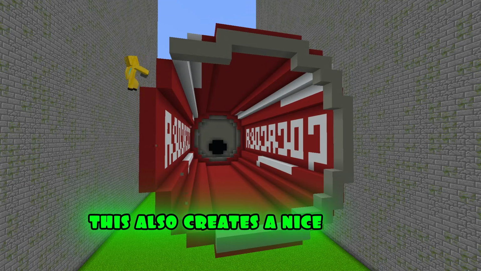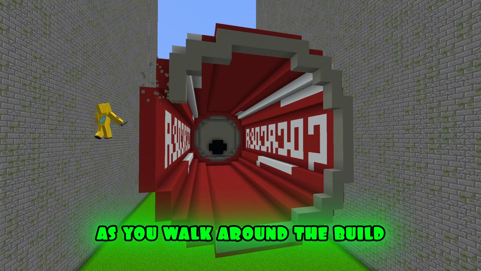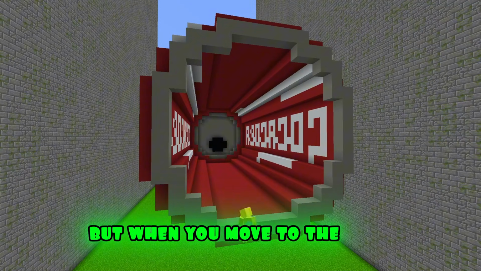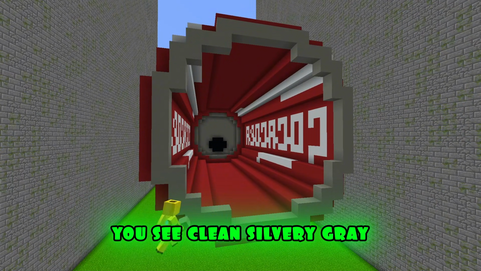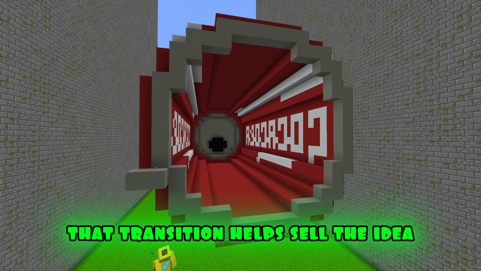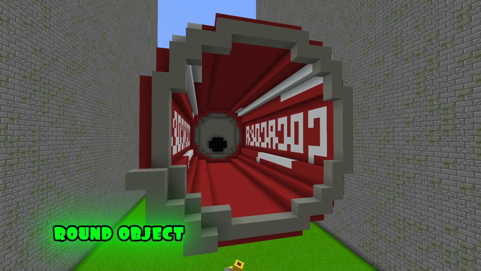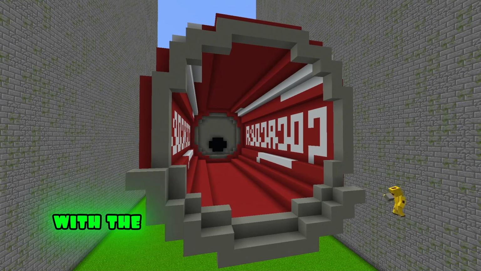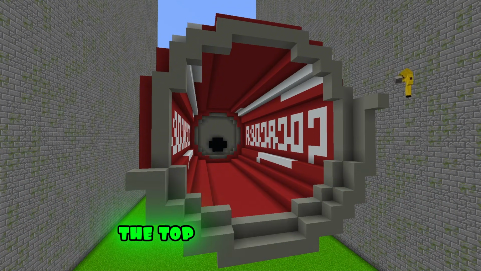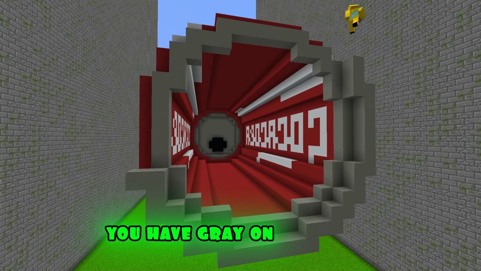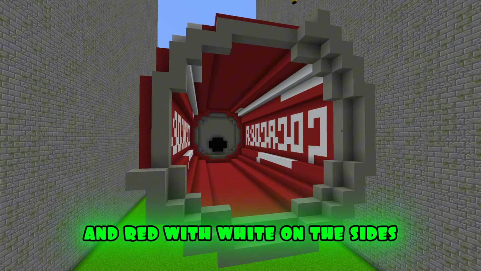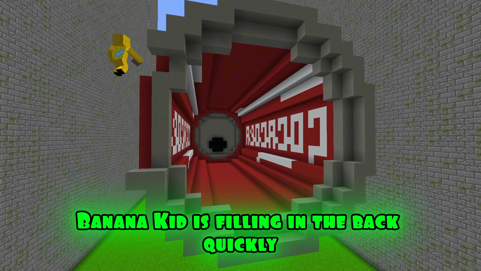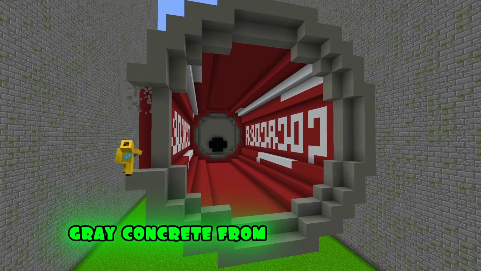This also creates a nice visual contrast as you walk around the build. From the sides, you see vibrant red with white lettering, but when you move to the back, you see clean silvery gray. That transition helps sell the idea that this is a three-dimensional round object with different surfaces. The gray concrete at the back also connects visually with the gray concrete on the front face, the top lid of the can. So you have gray on both ends and red with white on the sides, just like a real can. Banana Kid is filling in the back quickly, stacking columns of light gray concrete from top to bottom,